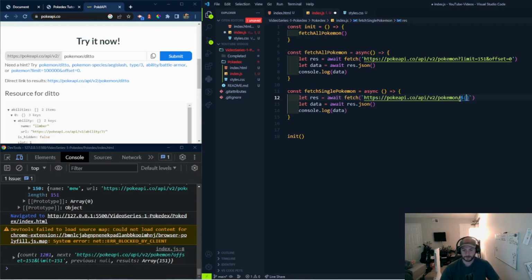So we'll need to do pokemon, and this will allow us to plug in the Pokemon name we get from fetch all Pokemon and plug it into the URL. So for example, if we change that to Pikachu,